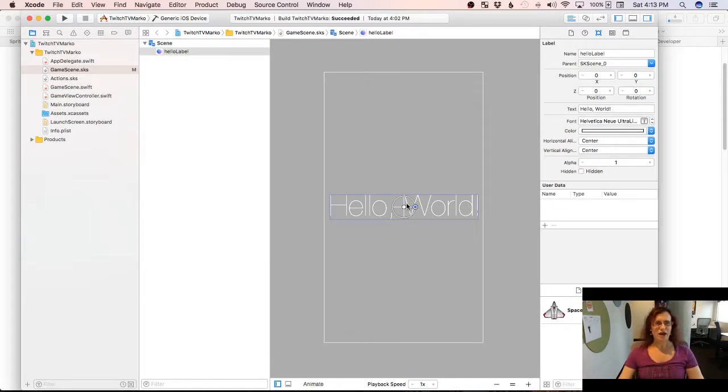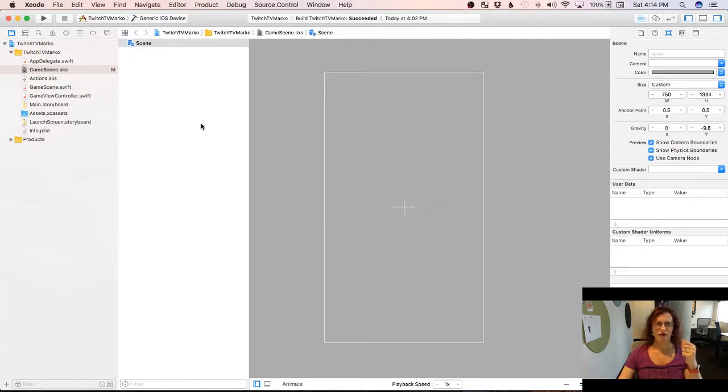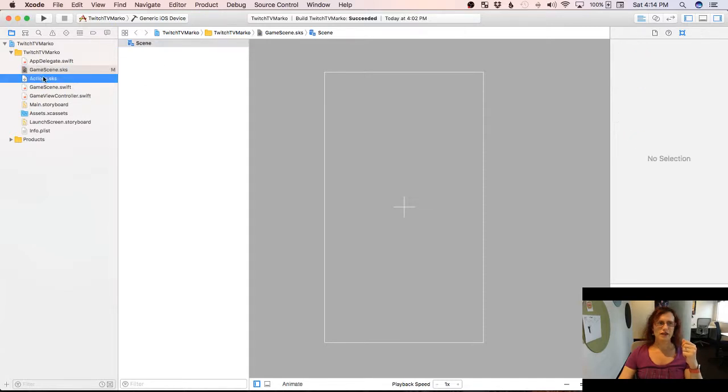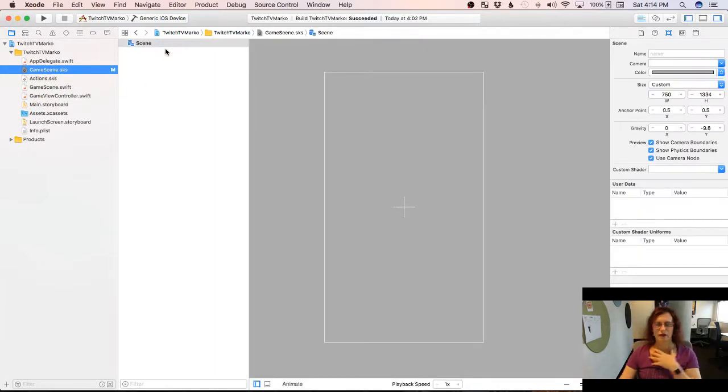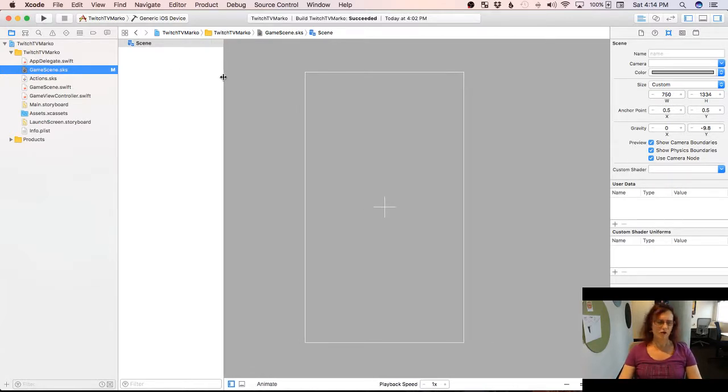What we're actually looking at now is Apple's Scene Kit editor. I've got my cinema monitor here turned down in resolution just to try to make the frame rate nice and tight. So I'm just going to delete this label out of this scene file. What these SKS files are is Apple's serialization. One thing I get asked sometimes when I'm doing speaking gigs for this stuff is, hey, you know, why don't